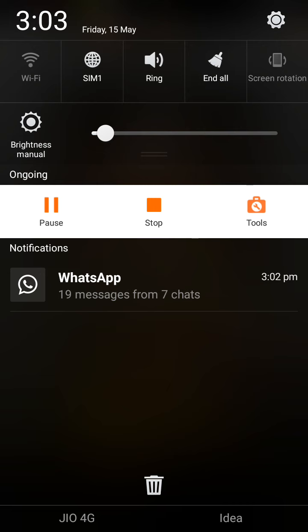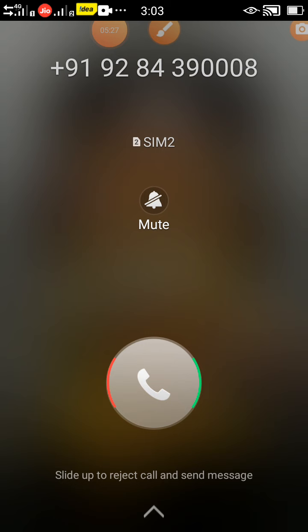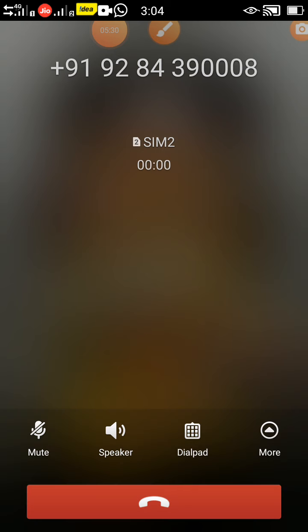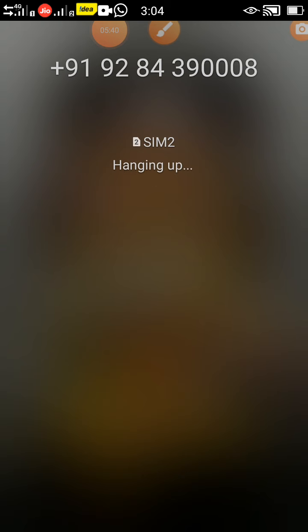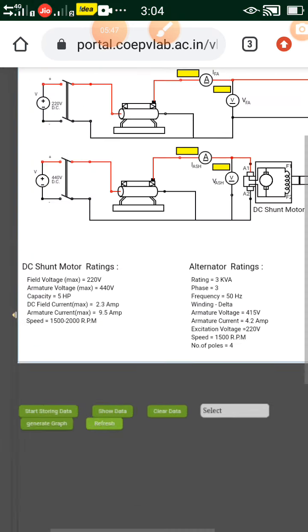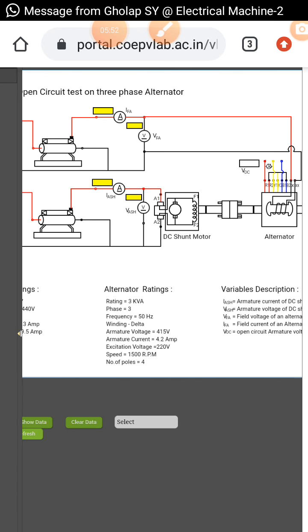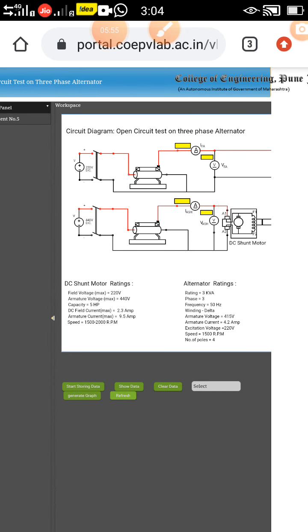After that we will start another discussion, that is the performance of the virtual lab clicking. We are getting this link. So this is the virtual lab link on which we want to perform the experiment. This is the actual circuit diagram for performing the experiment on a virtual lab.